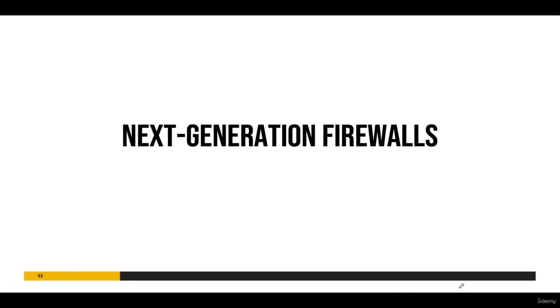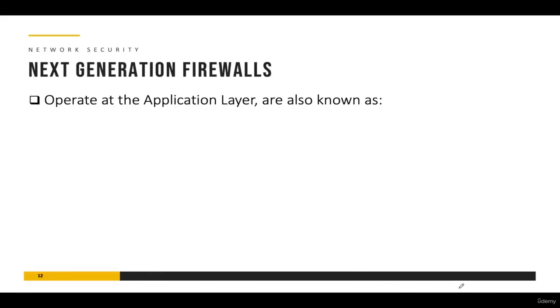Let's discuss another important concept, which is next generation firewalls. Next generation firewalls operate at the application layer, also layer 7 of the OSI protocol stack or layer 5 of the TCP/IP protocol stack. They're also called deep packet inspection firewalls because they inspect the contents of the packet, not just the headers as we discussed previously. Normal firewalls previously just inspected, for example, the source IP, destination IP, port number, header information. But next generation firewalls delve deep inside the packet and perform a deep packet